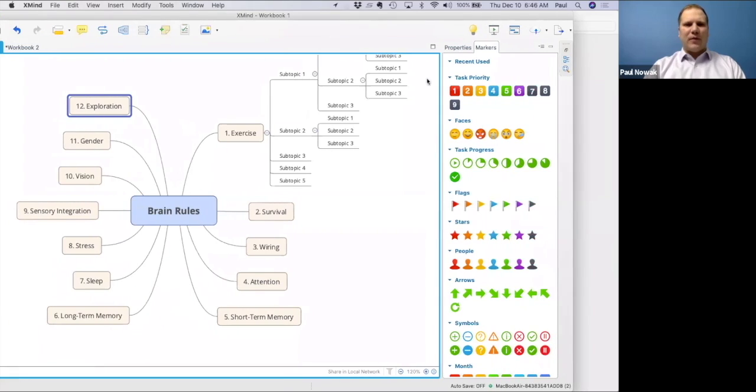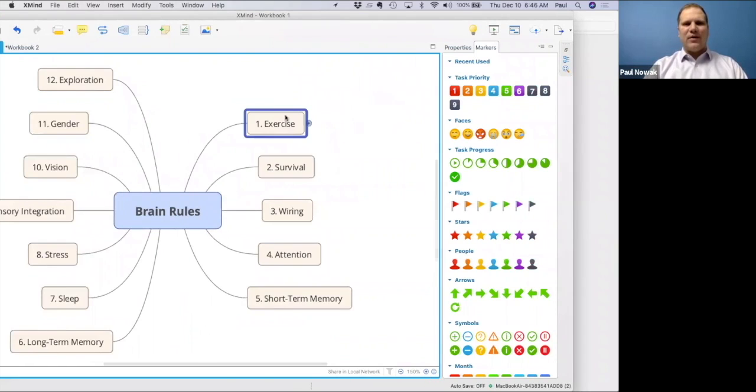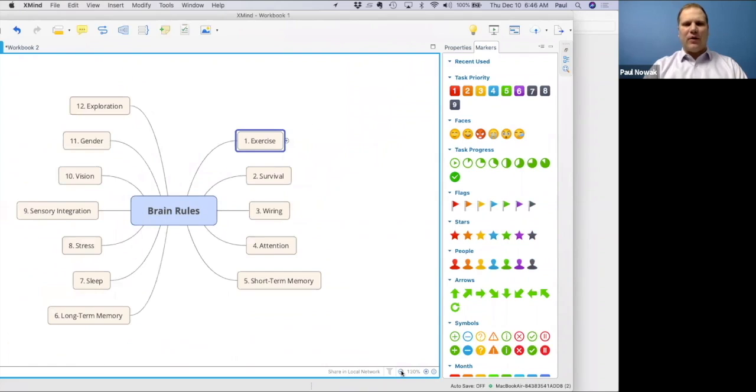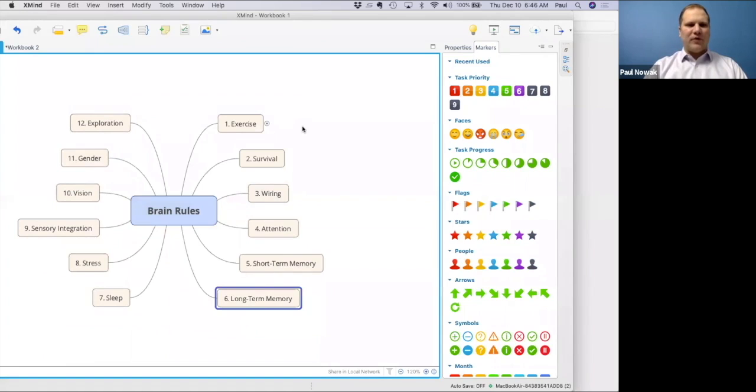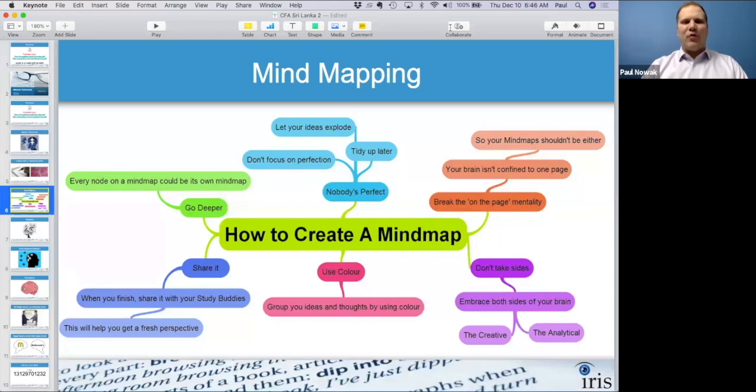Here are the chapter titles. By the way, let's say you don't want to see all this. You just hit the minus sign here. I don't know if you can see it. If I zoom in, maybe you can. Hit the minus sign, and now we can just see all the topics. And of course, I can make this a little more symmetrical so it looks nicer. But in a few moments, I'm going to show you